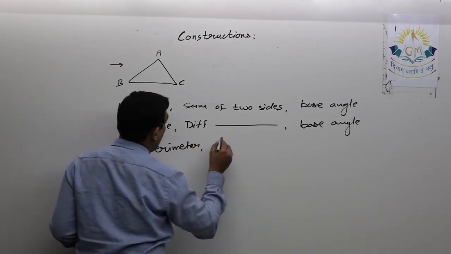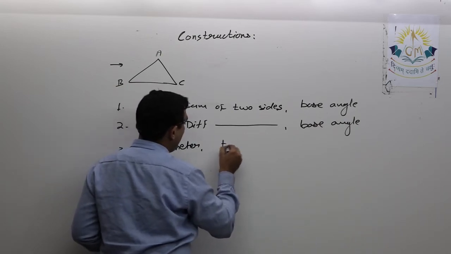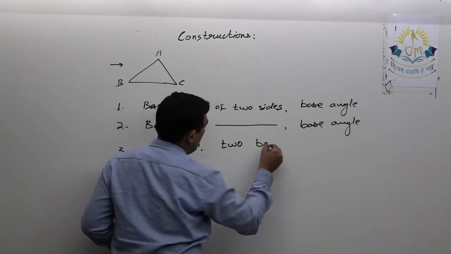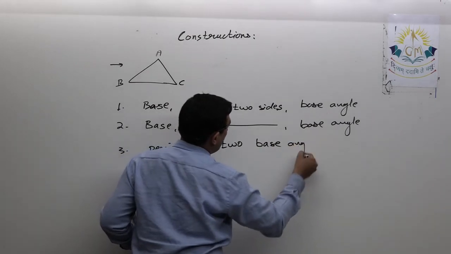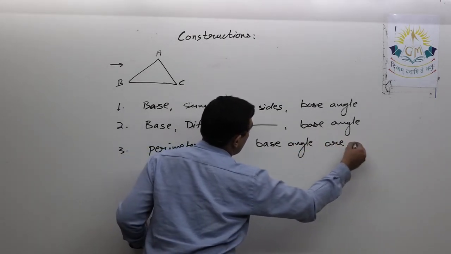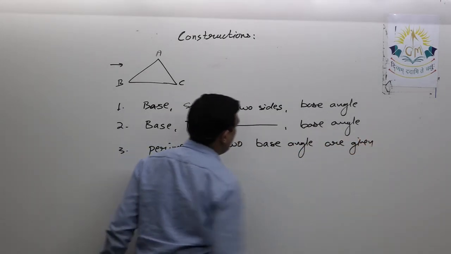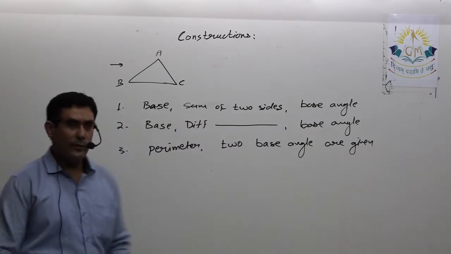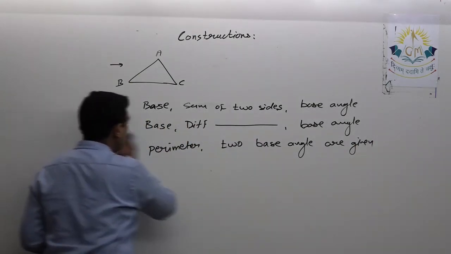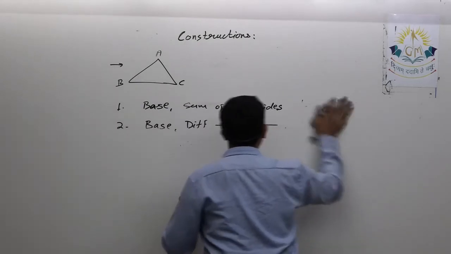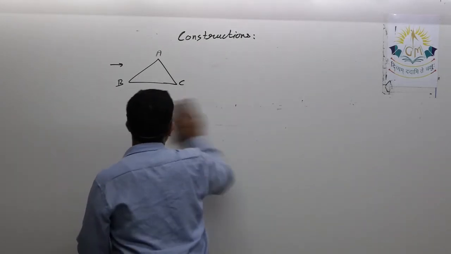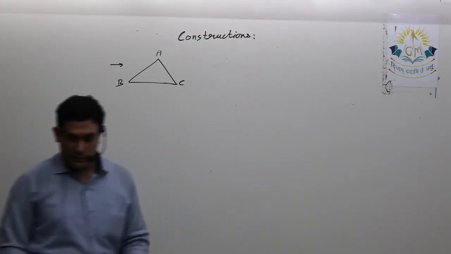Okay, and any two base angles, and two base angles are given. So we'll start in a sequence. We'll see one example. Okay, suppose first triangle we have to construct, in which I'm taking